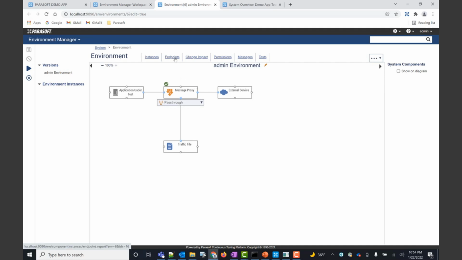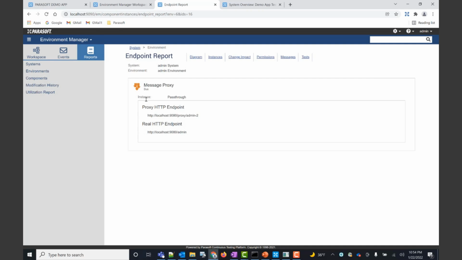So whenever we click endpoints, we just have to tell it to slightly modify this. It thinks it's localhost 9080 admin, where it's actually just localhost 8080 v1. So we just have to update that one. But then we want instead for it to point to our virtual asset. And so this is how we do that.